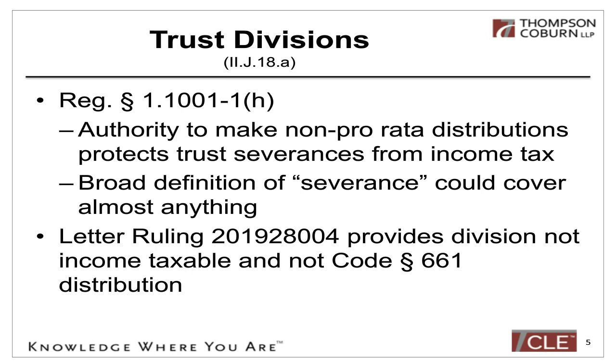This is a trust division. It's not a distribution to a beneficiary. We are not going to carry out the DNI to that trust. So that's important to try to figure out, well, what is the true consequence of that trust division? And so not only was the division not an exchange of the beneficial interest, it also didn't carry out income to the divided trust, to the split off trust. Okay, let's go on to the next slide.